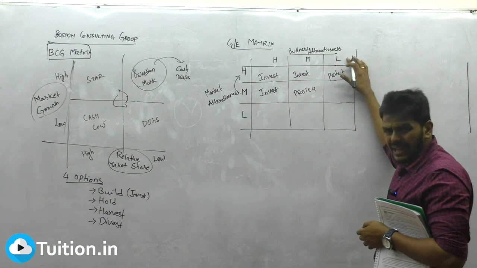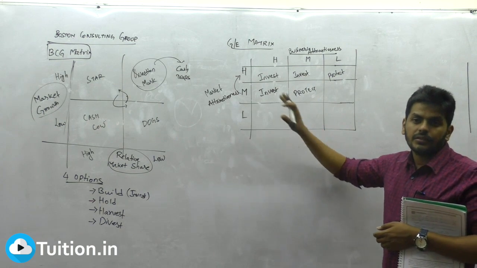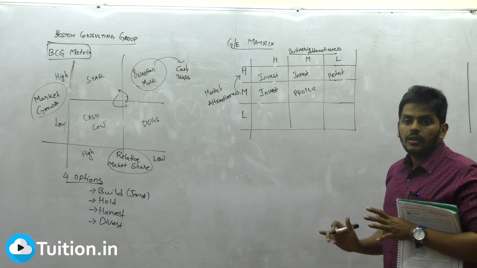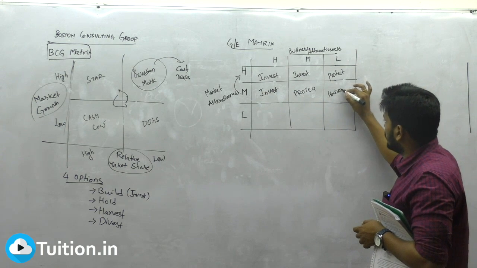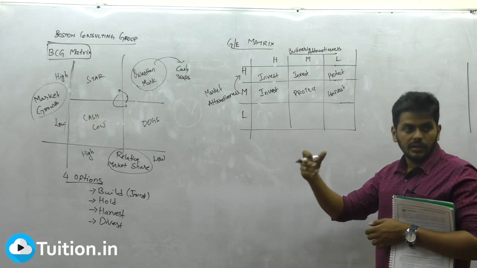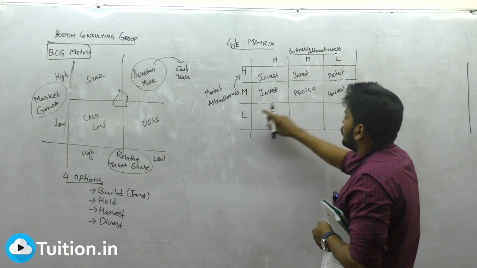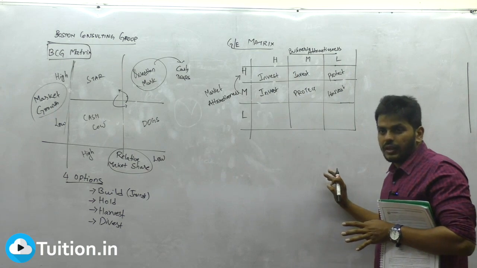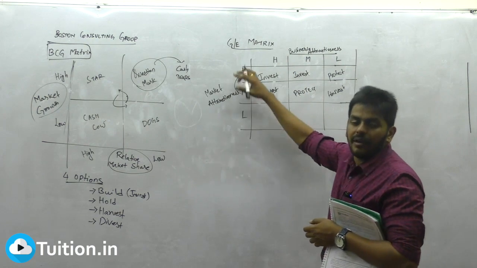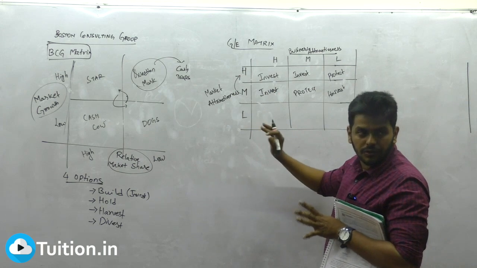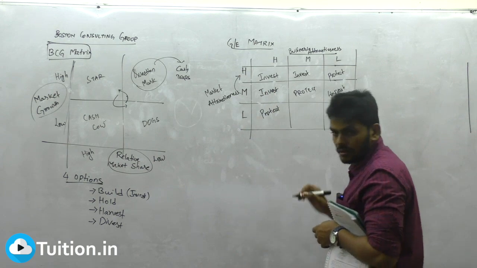You have a dull business. It's almost done. Market is not great. You don't have to sell it and run away. You slowly come out from them. Harvest. Keep liquidating the assets. Slowly move out. High to low, you protect it. So obviously low to high also you will protect yourself, because right now the market is low, but there is a chance that it can become medium and high later. So right now stay calm, hold your nerves, wait for the right time to come, then you can jump.